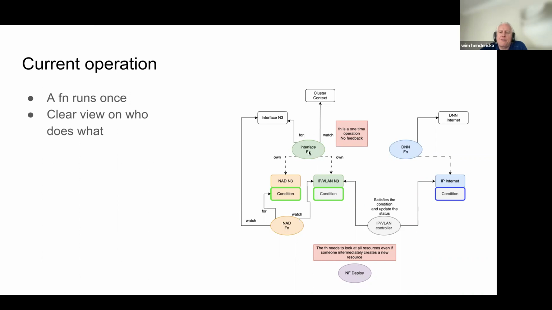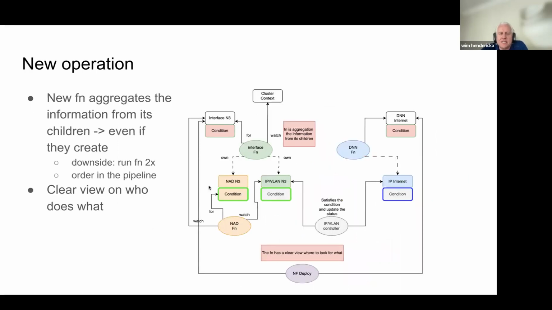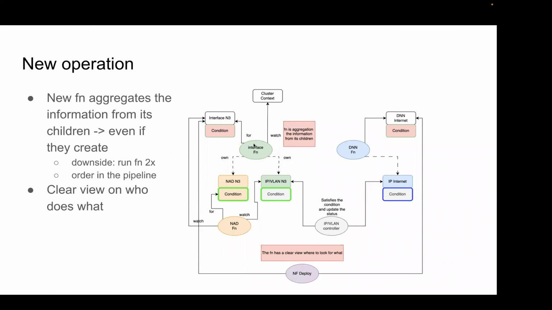He does not have to look at the interface, but actually has to look. So he will also see NADs. He will not do anything with it, but he also has to look at the IPs and VLANs that got allocated as a result of this interface, right? And that's a pattern that I believe is not so good, because it means that tomorrow, if I do a new function, it generates other resources, then I have to again change this guy, right? So who does what and who is dependent on what is a little bit blurred with the current proposal. In the new proposal, the difference is that